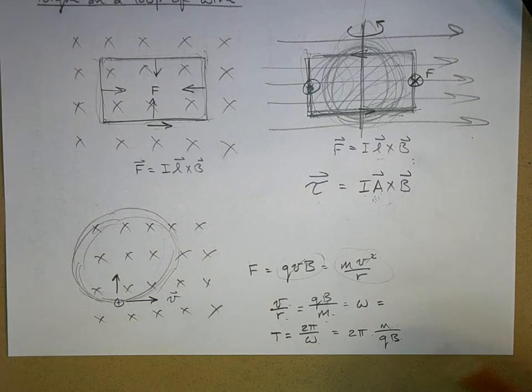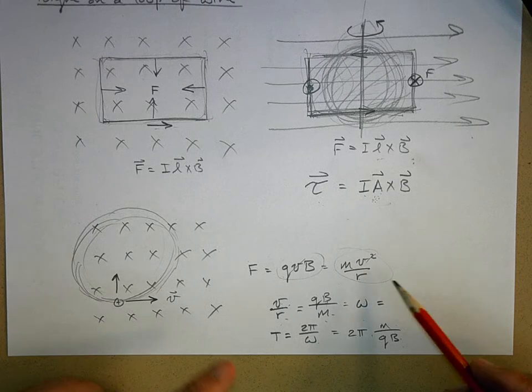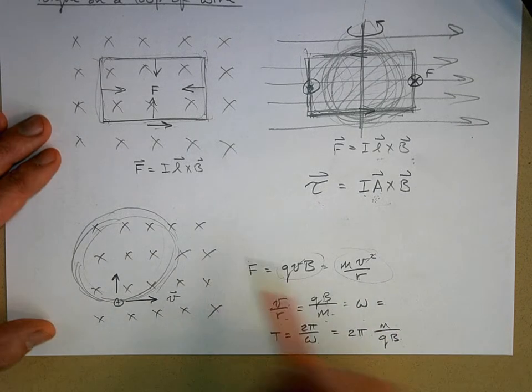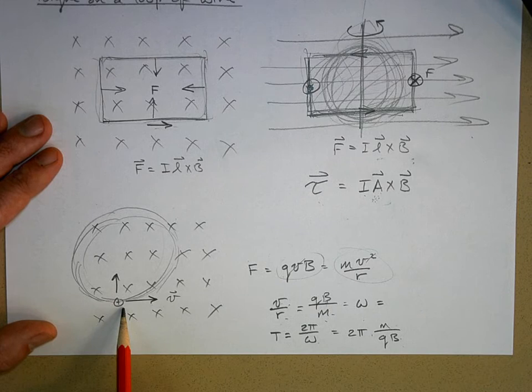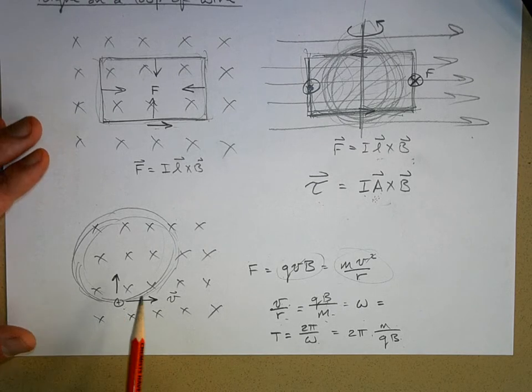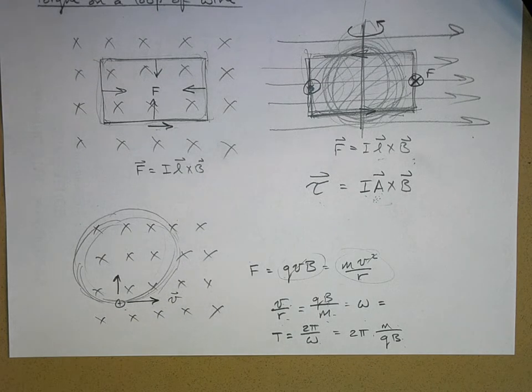So if they ask for the period of this, you can get it, or the cyclotron frequency. One thing too: if the particle has a component of its velocity vector that's parallel to the magnetic field, well, that component of its velocity doesn't change direction. Only the component of the velocity that's perpendicular to the magnetic field vector